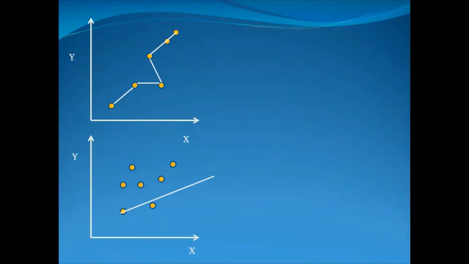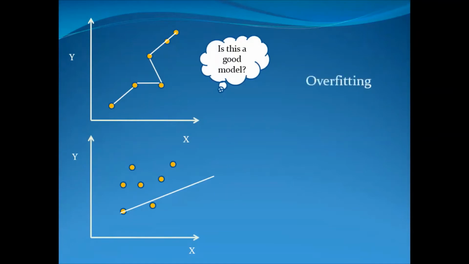There are two models over here. Let's look at the first model. Is this a good model? It has covered all data points. So it must be good, isn't it? Think about it. No, it's not. It is taking a lot of effort to cover all data points, like you have memorized from a book. If something slightly different is asked, you will not be able to answer. The model has learned too much. There will be a considerable difference in accuracy of train and test data. This is clearly a case of overfitting.